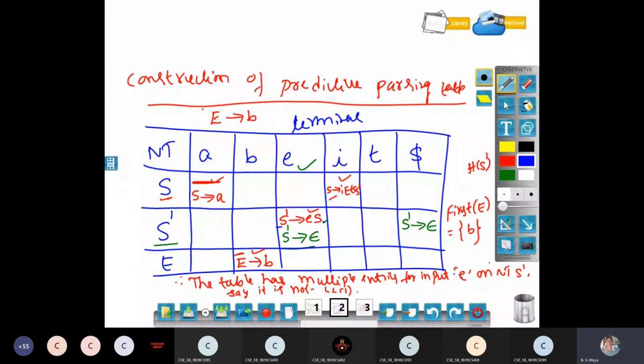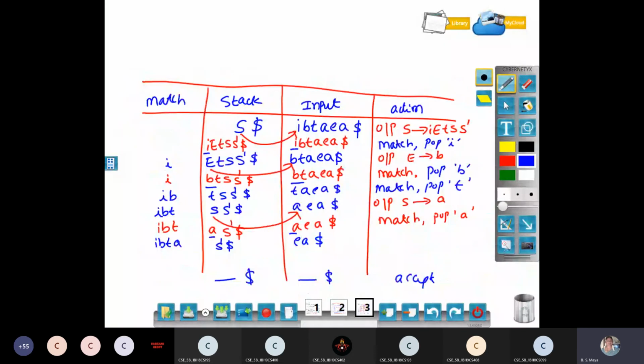I have two productions. You have to decide which production we should take. See, in the stack we have dollar and S', and here we have E and A. If I replace S' with epsilon, I can't continue with this EA because the stack is empty. Then we have another possible S' derives ES. You have to choose which one to take to continue my parsing. According to that, if you choose the first one, S' derives ES, I can continue. For that, I write output the production S' derives ES.